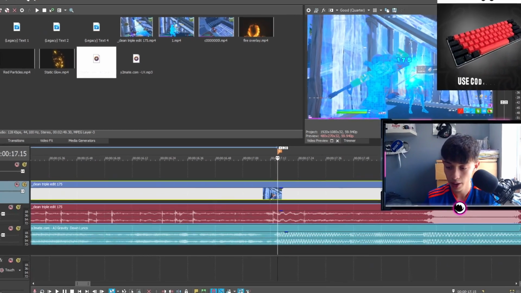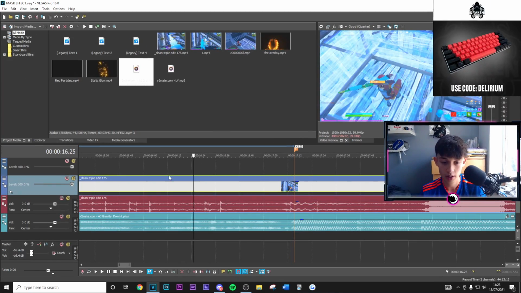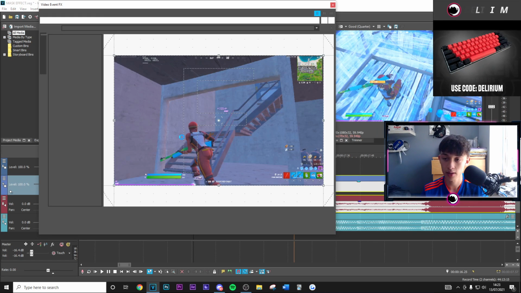Then from here you want to go ahead and go -50 frames back, split the clip, go onto effects, and